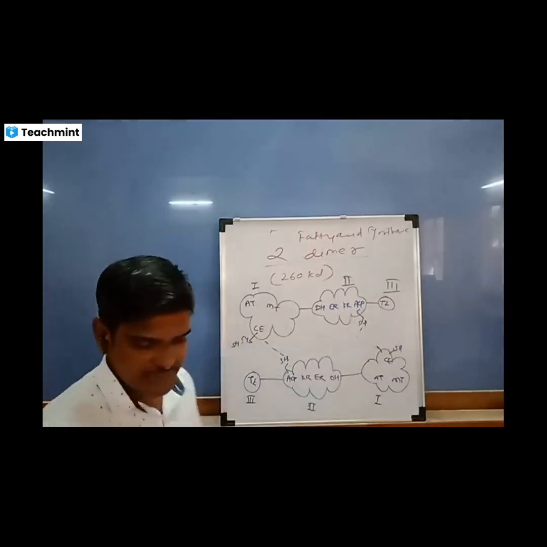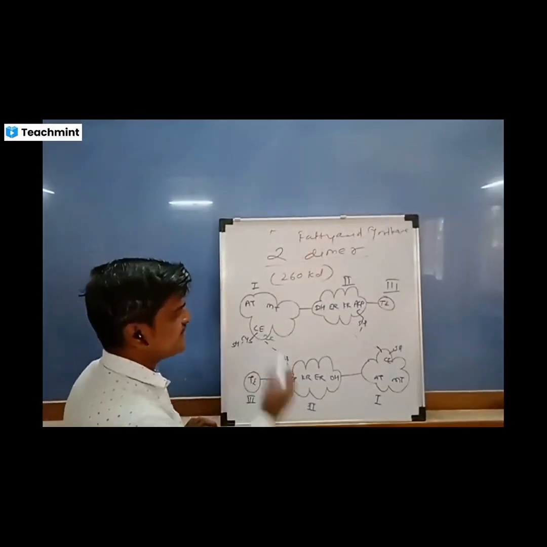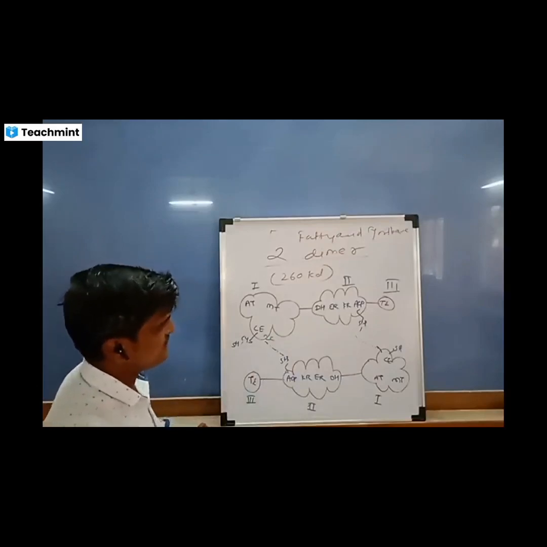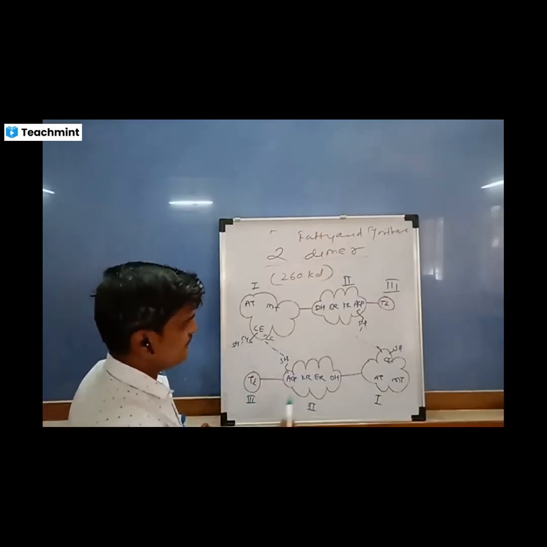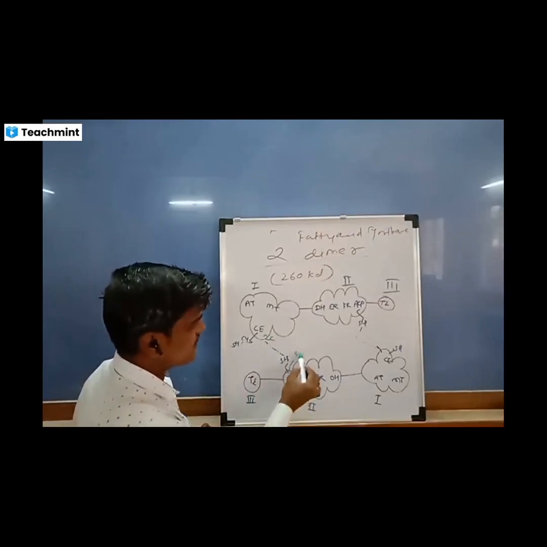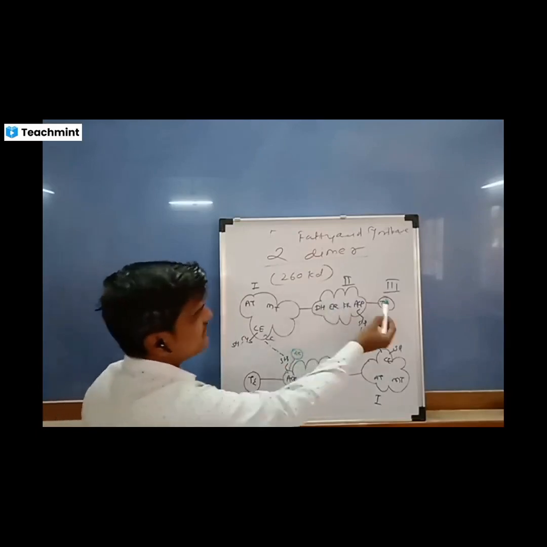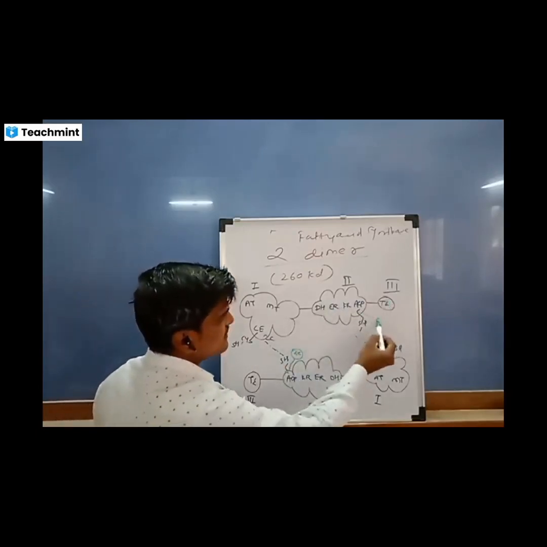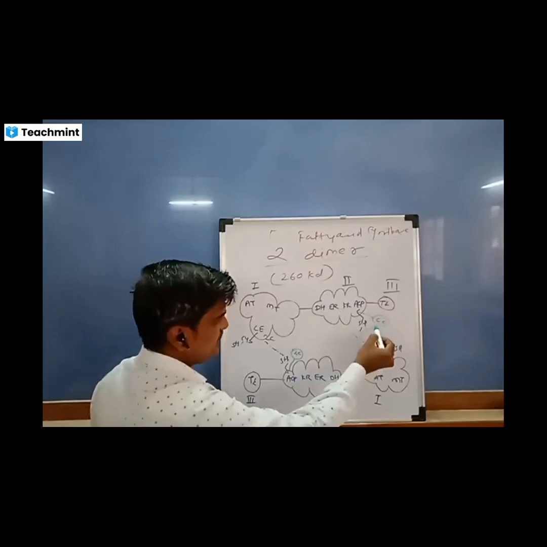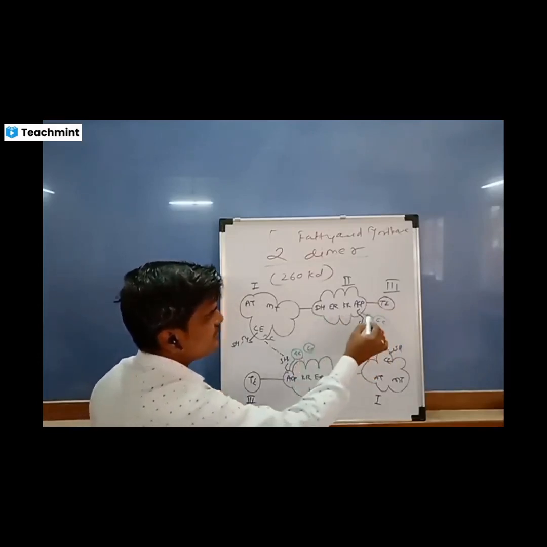For example, during the elongation cycle, if a two carbon structure is present here, it is elongated to a 4 carbon structure when reacting with domains 2 and 3 of the opposite chain. So there is formation of a 4 carbon structure here. When this 4 carbon structure again reacts with domains 2 and 3 of the opposite chain, a 6 carbon structure is formed here. Then in the next round of elongation, the 6 carbon structure is handed over to this side, and it is again elongated to an 8 carbon structure on this side.